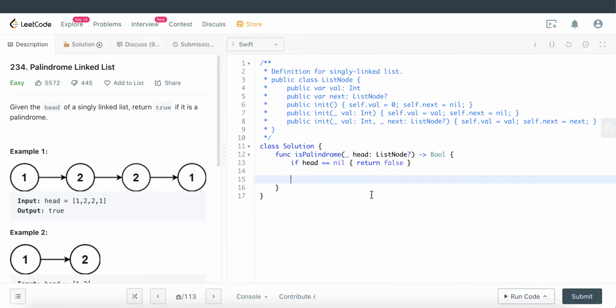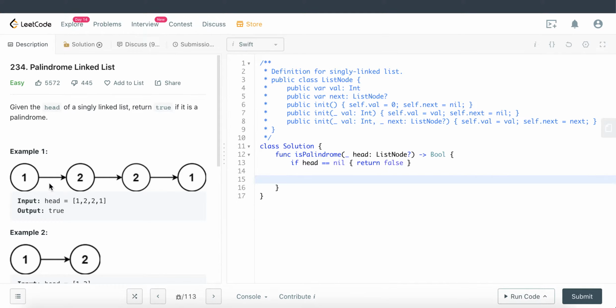So a quick high level strategy of what we're going to do here is we are going to loop all the way to the midpoint, right? And what we're going to do with that is we're going to split this list node into two portions, right? So that's why we are going to loop all the way until the midpoint and then reverse the second half of the list node, and then compare it with the first portion. If the reversed portion value of each node is equal to the first portion, then we know